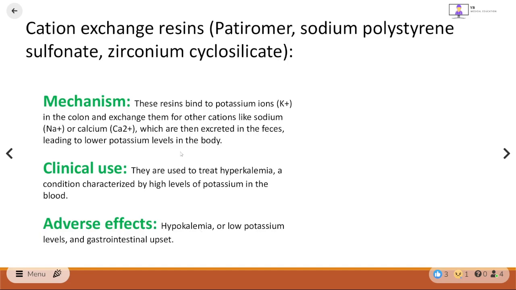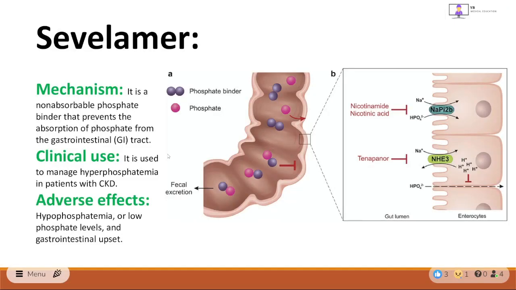And it takes time, of course, different from insulin. Insulin is direct IV, so it decreases potassium very quickly, unlike this, which takes time till the potassium is excreted in the GI or the intestines. Okay, so the adverse effect is leading to hypokalemia or low potassium levels and GI upset for the same reason. Accumulation of potassium and here accumulation of phosphate. That's pretty much all about it, guys. Study